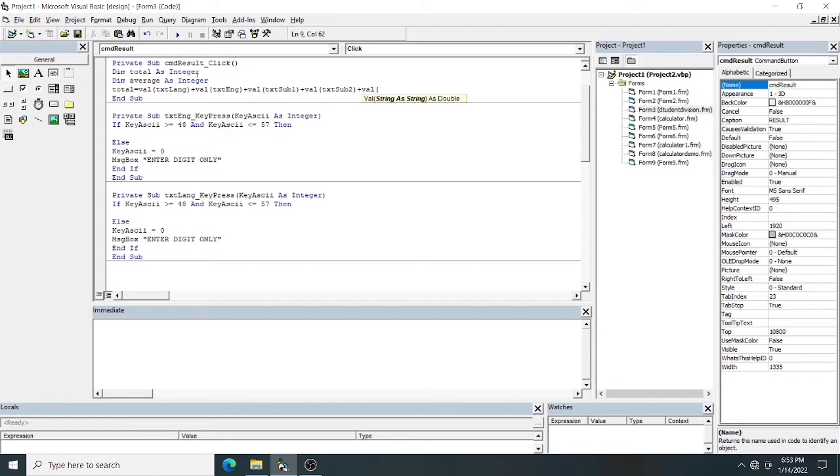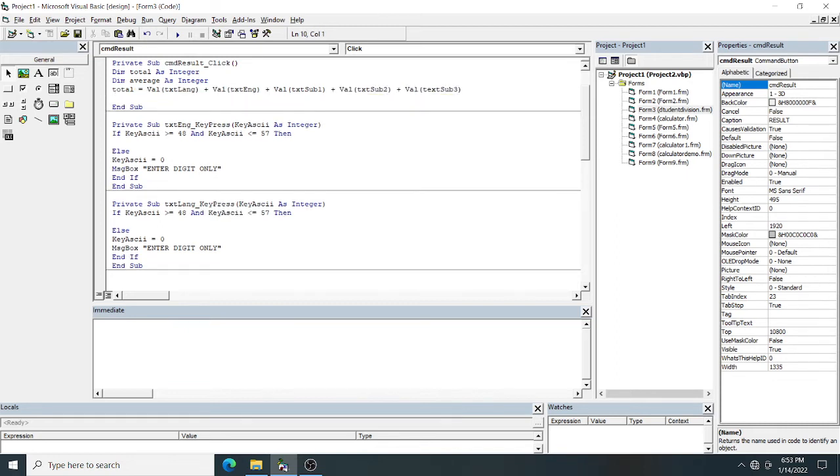I have changed the text box field name, and dot txt no need to type. If you are typing only the object name of the text box, that is enough. So it will find the total. And how to find the average?